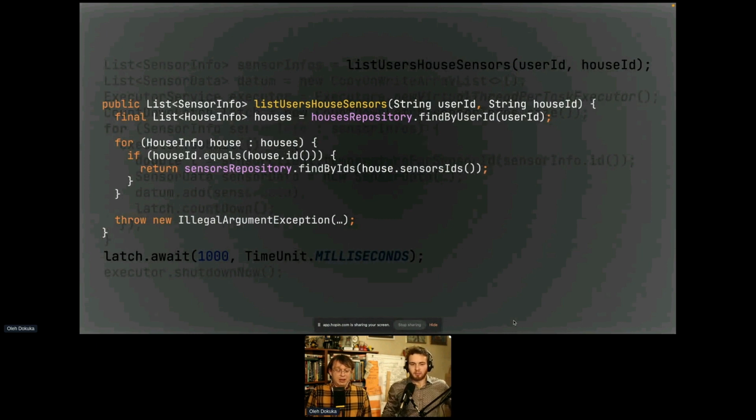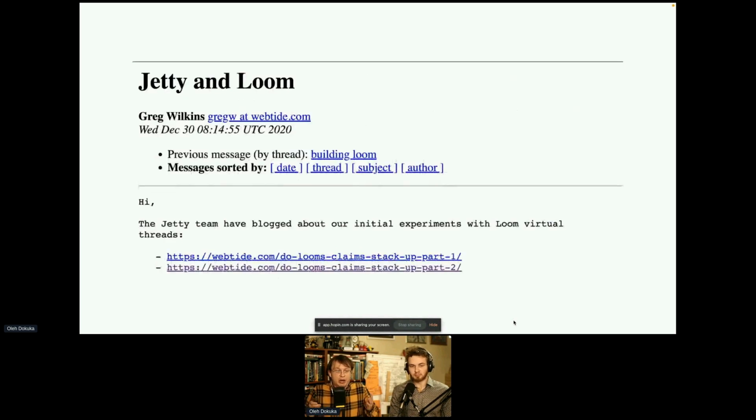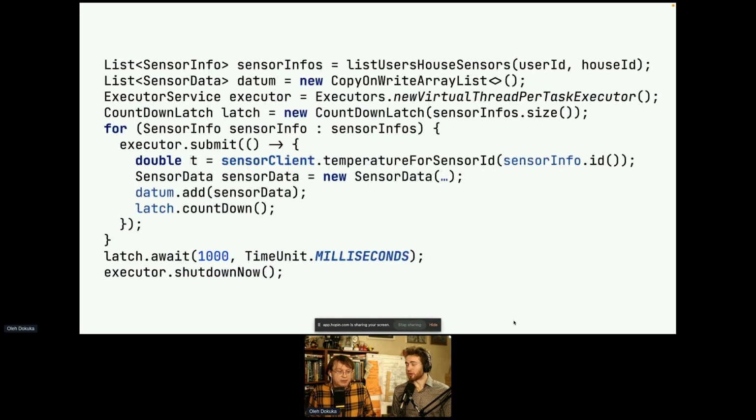And this is not a problem, because we are not running this code from our main method. We are running it in the application server, on the web server. And for the web server, for example Jetty, we already have some Loom preview features, and we can try running our usual Spring Boot application using Jetty with Loom. So, show me.